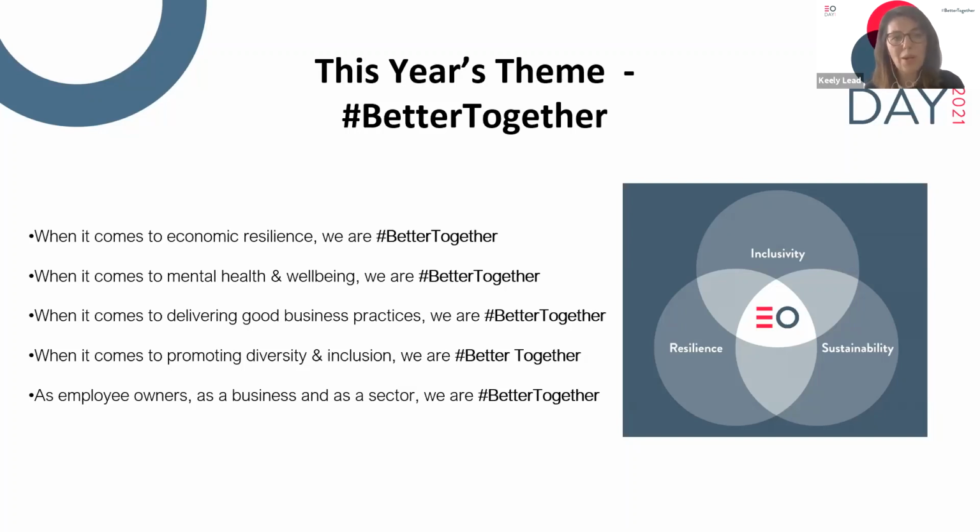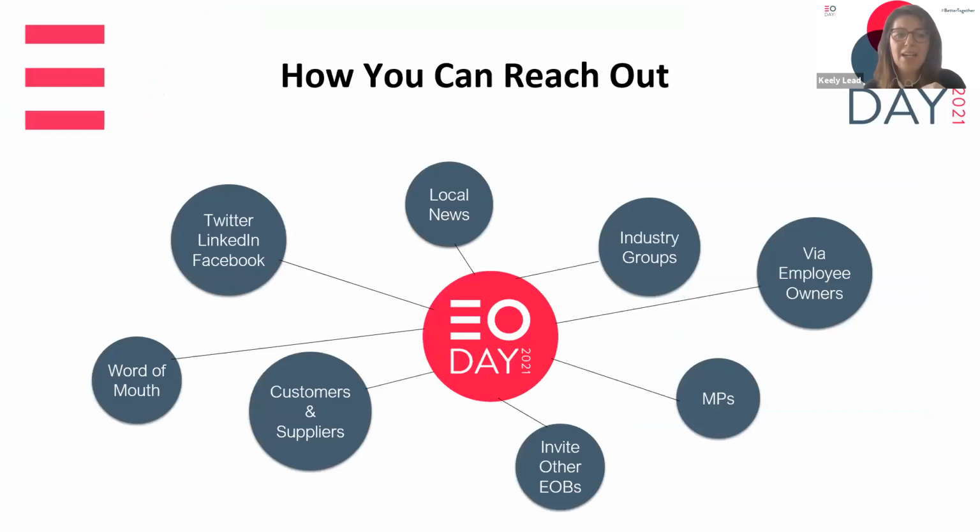But what I want to talk to you about now is reach. So there are two things about reach, and that is you can reach inside your organisation. You can use EO Day to make sure that your employee owners are enthused about EO. And we've been hearing from our members how important that touch point is. Now, we know you might not be able to be together. Some of you may be able to be together, and that'd be really exciting. And we love seeing your pictures of when that happens. But you may be able to get together digitally. But what I really want to focus on now is how you can reach outside of your organisation to really have that impact for EO Day.